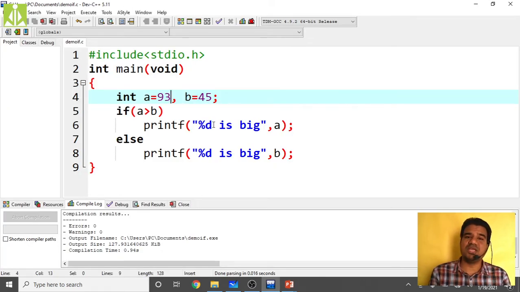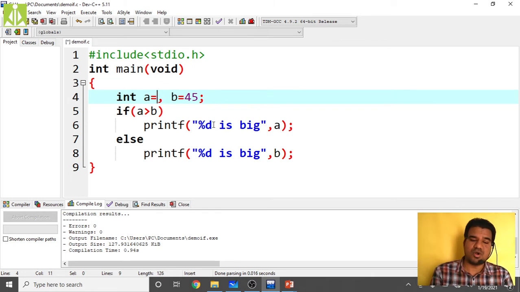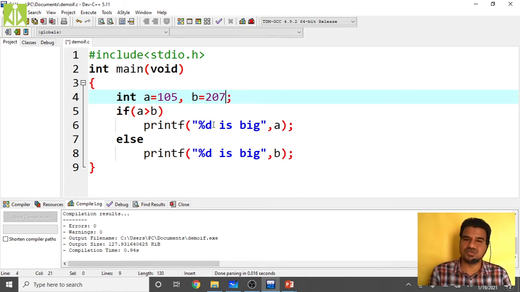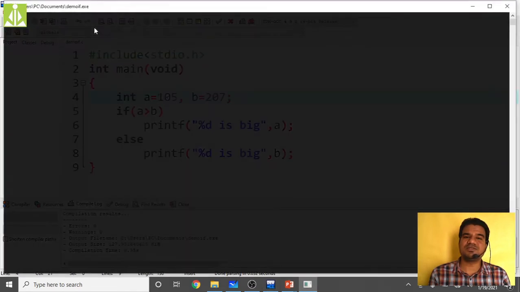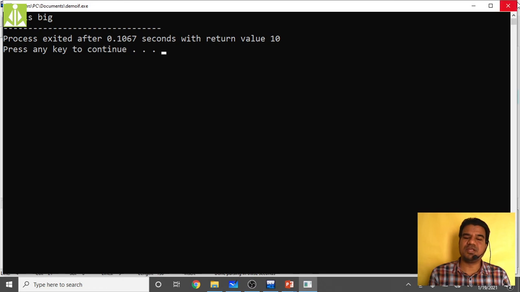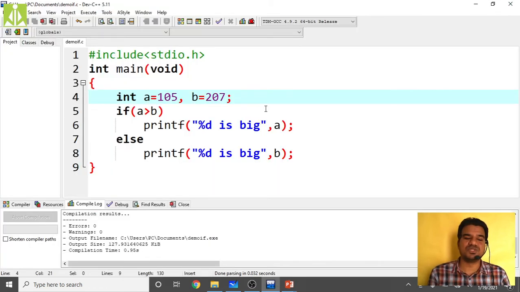To check two other numbers, to see which is big and which is small, you have to go back to the program code and modify the values, isn't it? Let us say I have 105 and 207, and I want to check the biggest number in these two. So I open my program again, store those values into my variables using the assignment operator, and compile and execute again. So there is less flexibility of checking different values using this simple program.